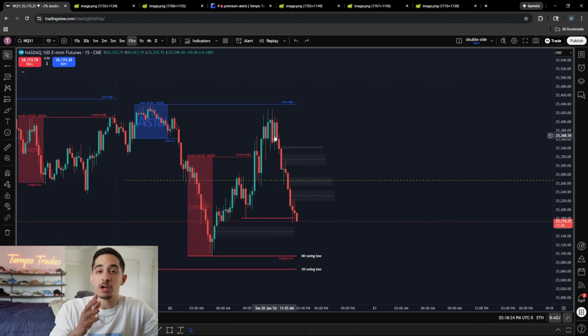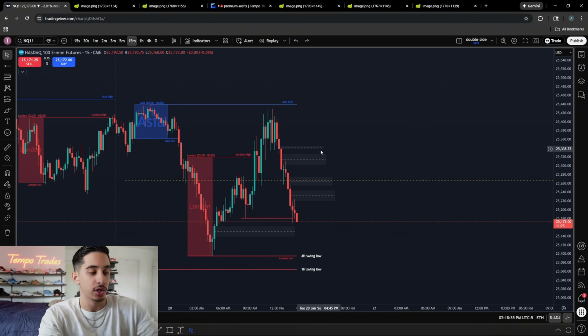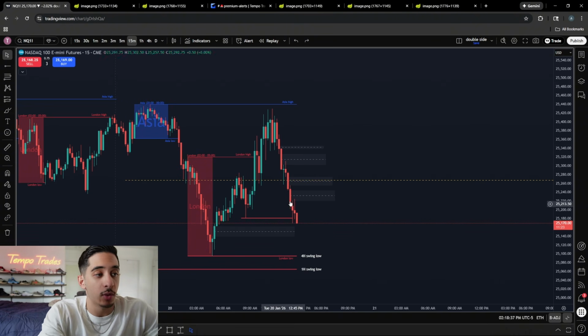I've been trading in the stock market for 4 years. This is by far the best level I've ever come across and traded with. You're going to see price bouncing off of it back and forth all day, every day. It is absolutely unbelievable. So the first thing I want to look for is where is 50% of the daily range,